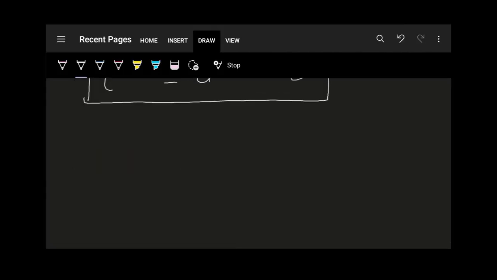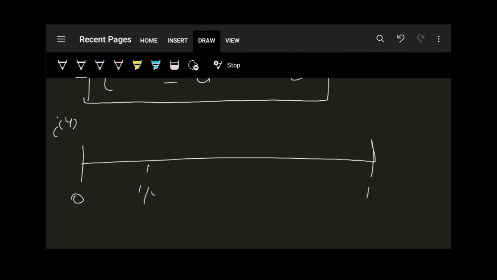We can see why. So look at this problem intuitively and you will know why they are the same. Suppose this is my initial time period, i infinity. Before talking about i infinity, let's just say what is i4. When I talk about i4, I divide my timeline into 4 periods, and this is my 1 period. i4 means I will get my interest at the end of each quarter. So I get my interest here, here, here, and here.